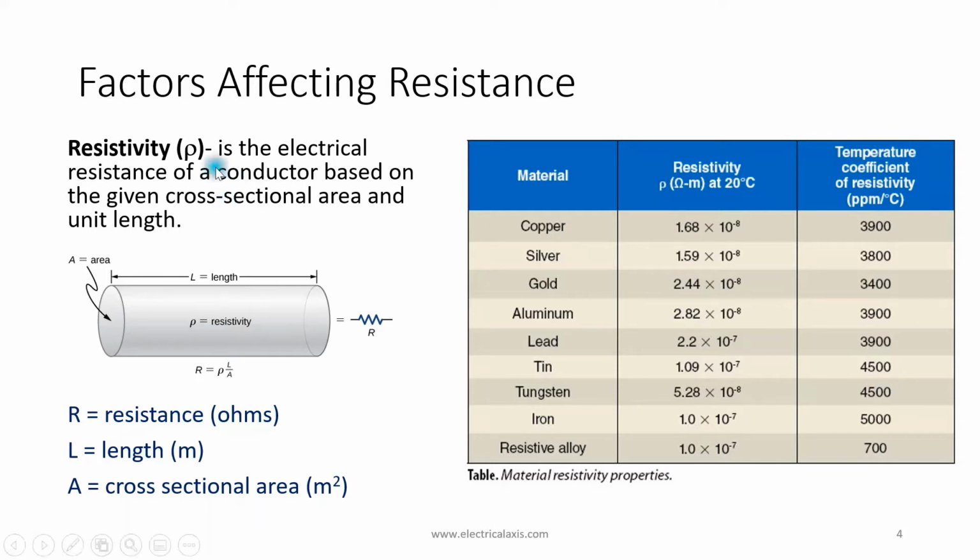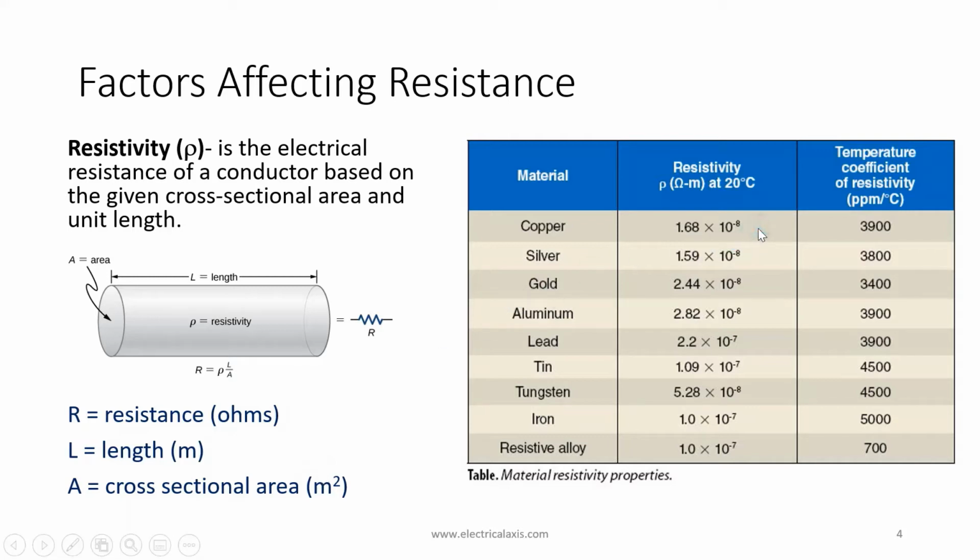electric current. Resistivity is expressed by a Greek letter rho, and it is involved in the equation of a resistance in the form of R equals rho L over A, where R is the resistance in ohms, L is length in meter, and A is the cross-sectional area in meter square. In computing resistance later on, it is very important for us to harmonize all the units in this form in order for us to avoid mistakes.